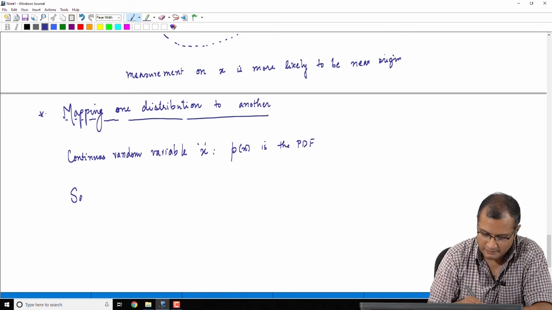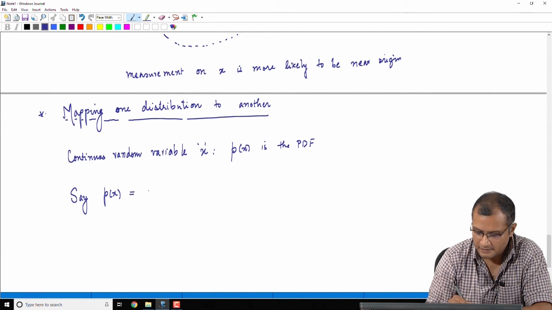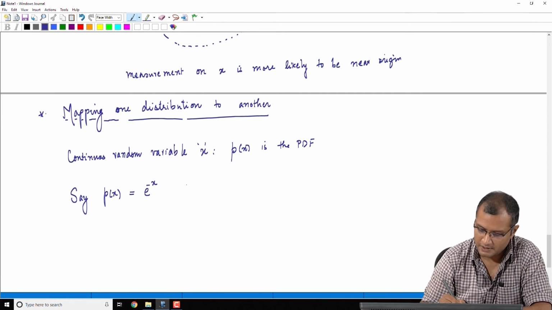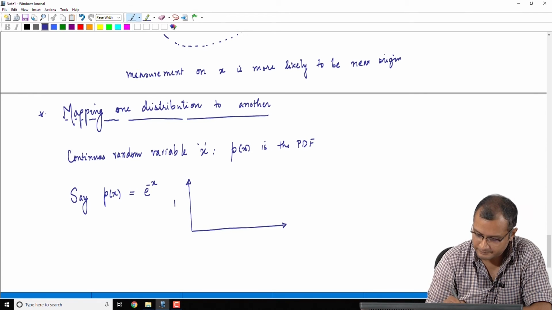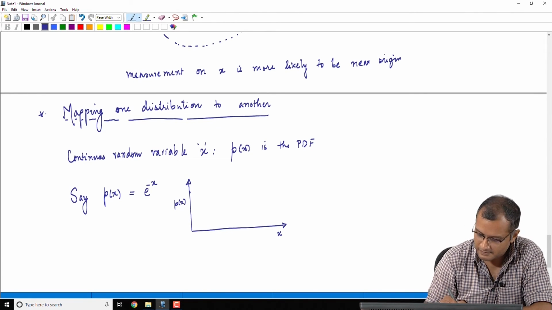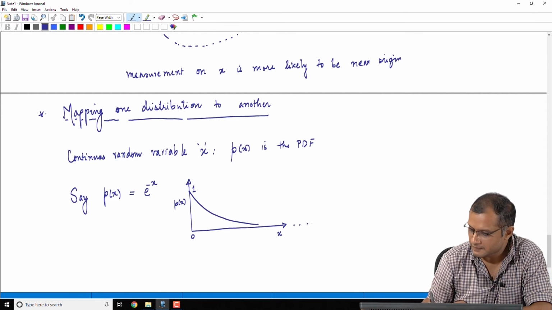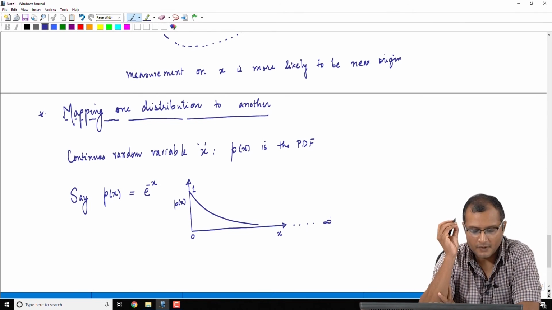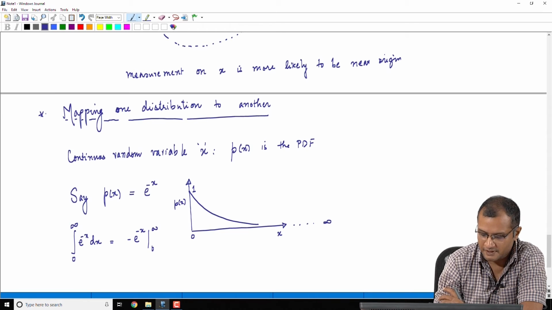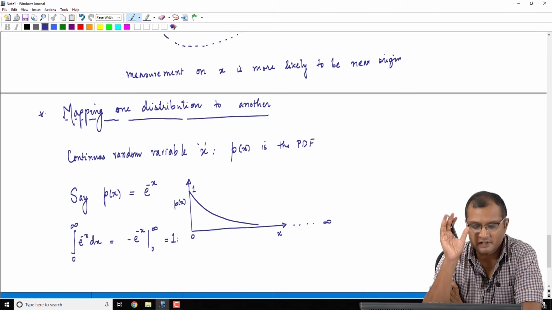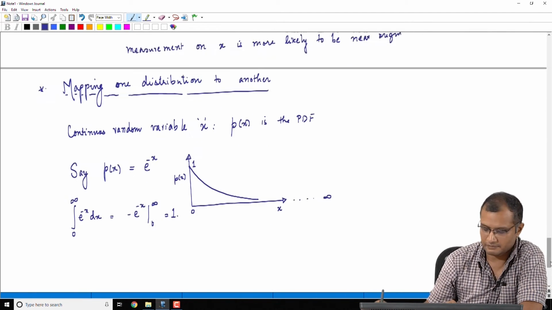Say p of x is e raised to minus x, and e raised to minus x is a valid PDF that goes as an exponential. This point is 1, this is 0, you have infinity. And if you want to check that p of x is a valid PDF, you can compute its norm. You take the range 0 to infinity, and this will come out to be minus e raised to minus x in the range 0 to infinity, which will be 1. So, this is a properly well behaved probability density function. So, the norm